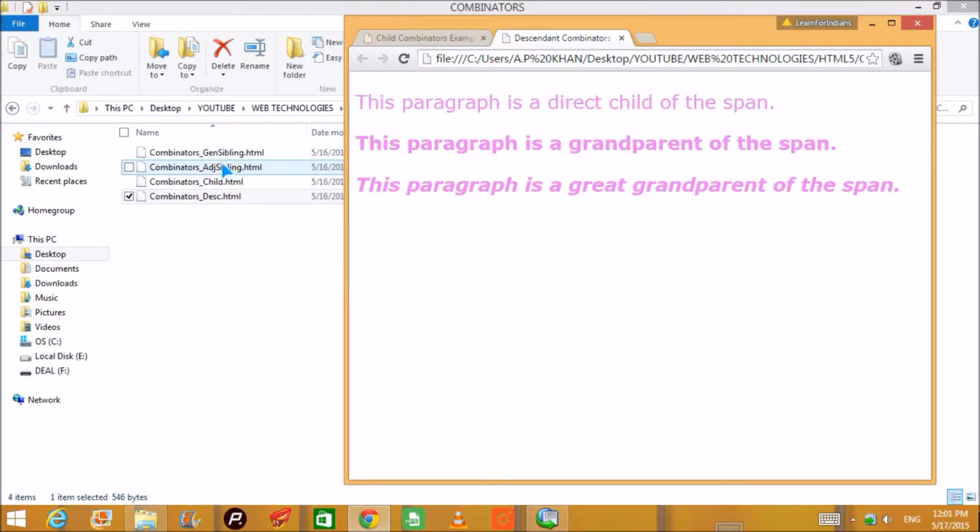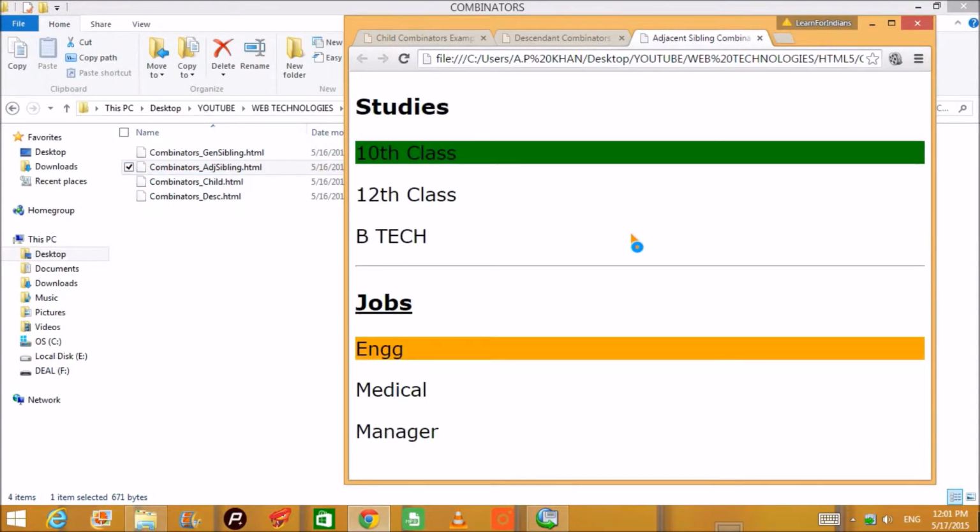Then we have the adjacent sibling example: we have a heading, and inside this heading we have 3 paragraphs. Only the first paragraph is highlighted. Same is the case here, only the first paragraph of this heading is highlighted.